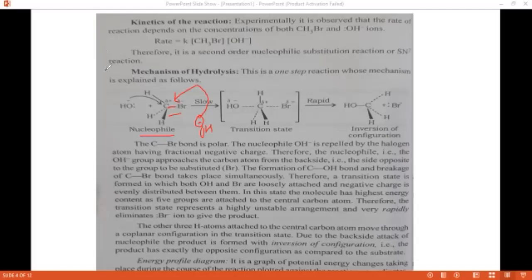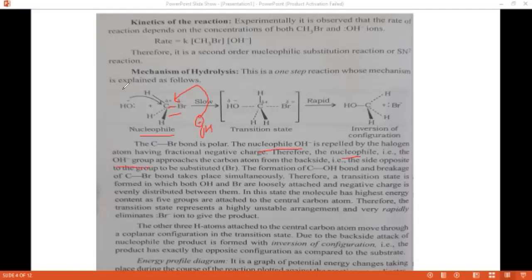When the hydroxide ion attacks from the front side, bromine also carries a partial negative charge, and the hydroxide ion also carries a partial negative charge. So the nucleophile OH minus is repelled by the bromide ion having the fractional negative charge. Therefore, the nucleophile OH minus